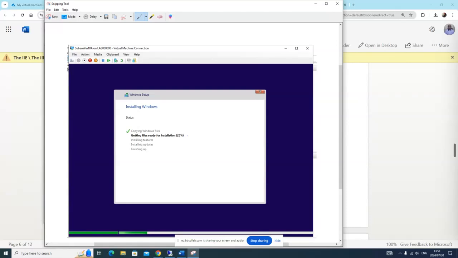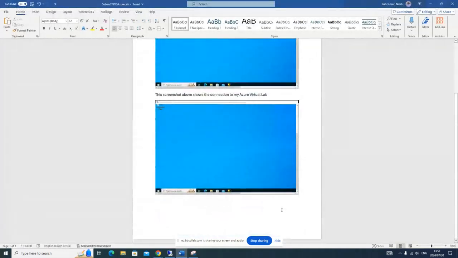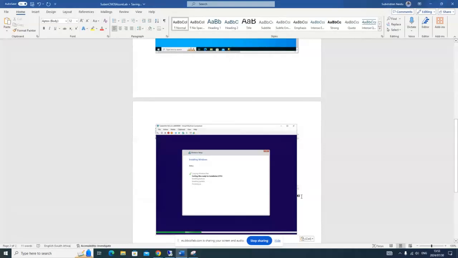Got it? And then I go into my Word document, and now this is not required. I'm just doing it for demo purposes. So I can press the Control key, hold it down, and press the letter V. It's going to paste in my image. And then I can type the description,